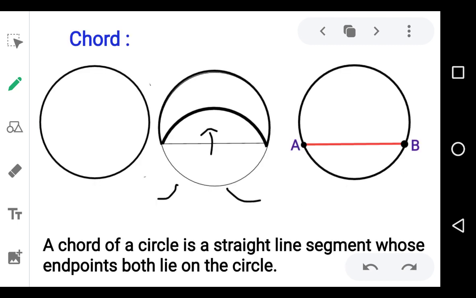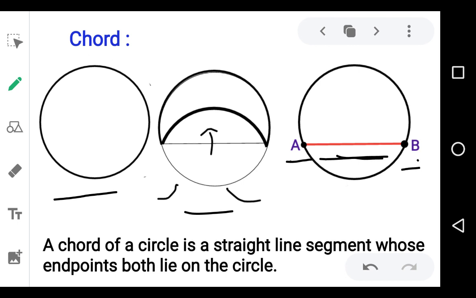First, we take a paper of circular shape and fold it as shown in the picture. Can you see this tracing line here? What is it called? It is called the chord of the circle. How can we define a chord? A line segment joining any two points on the circle is called a chord. We give it the name AB. So AB is the chord of the circle.